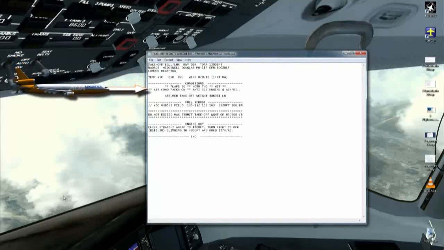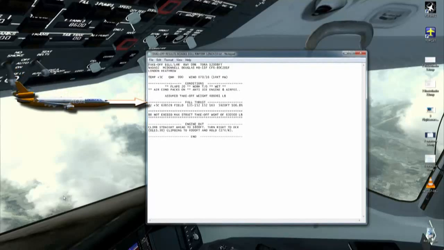Aircraft configuration is flaps 20, normal takeoff, packs on, and engine and airfoil anti-ice is on, and runway is wet. We've been through all of that before, but we are just double checking now. This will be a full thrust takeoff, no thrust reduction. Max takeoff weight at this thrust is shown as 638,528 pounds. It is worth noting that actual max certificated takeoff weight for our aircraft is 630,500 pounds, so this